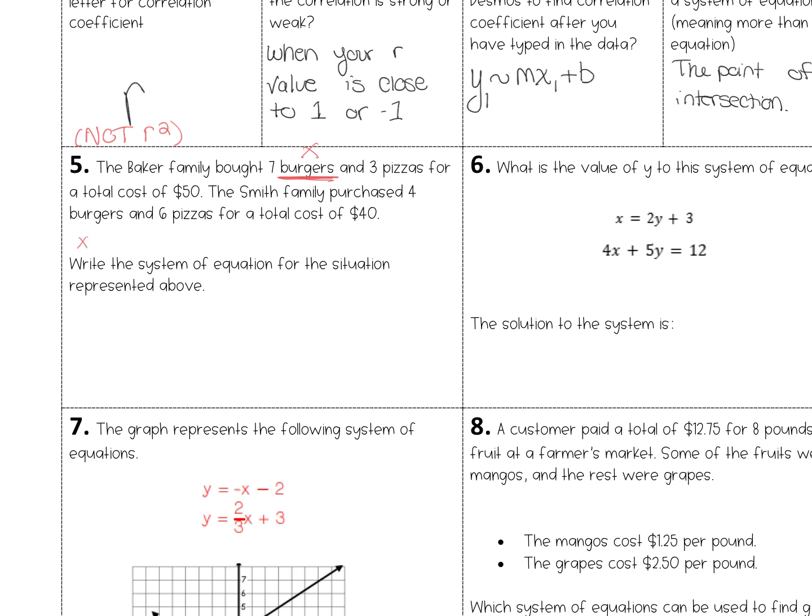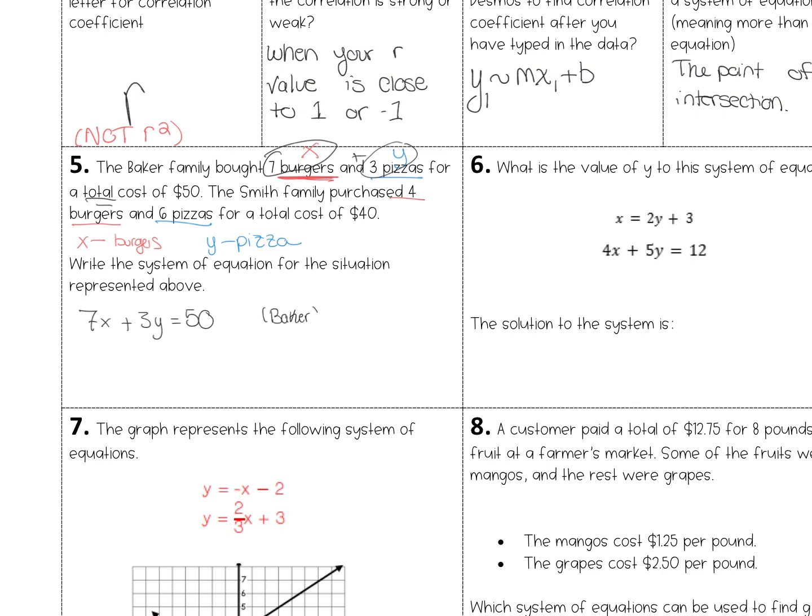I'm going to write that down here. X is my burgers. And I'm going to let pizzas be Y. If I keep reading, it says that I have burgers again and pizzas. So now when I go up here and write my equation, I have 7 X's right here, plus 3Y total, so equals my $50. This was for the